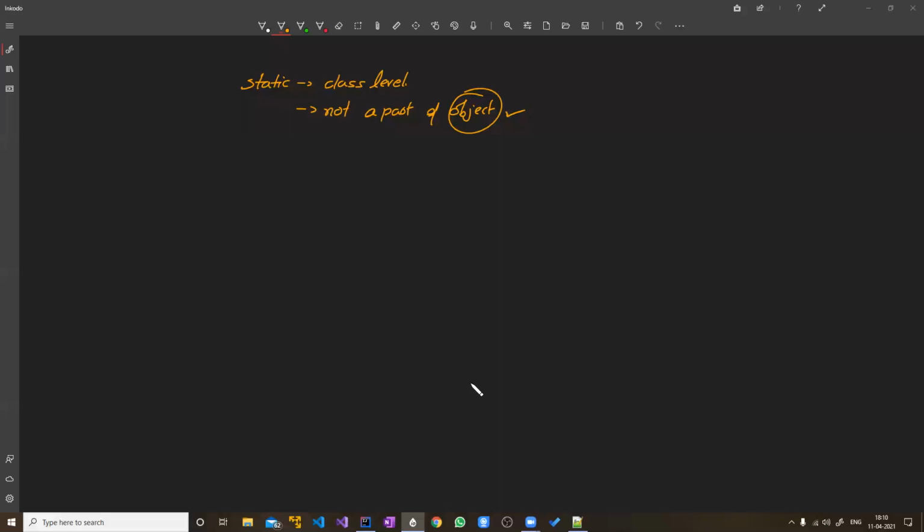Okay, so as I said, static variables or static members, whether it is a variable or a method, they are all declared and they remain at class level. They are not part of any object, right? So whenever you use this keyword called new, right, new and some class name, we have seen a program earlier